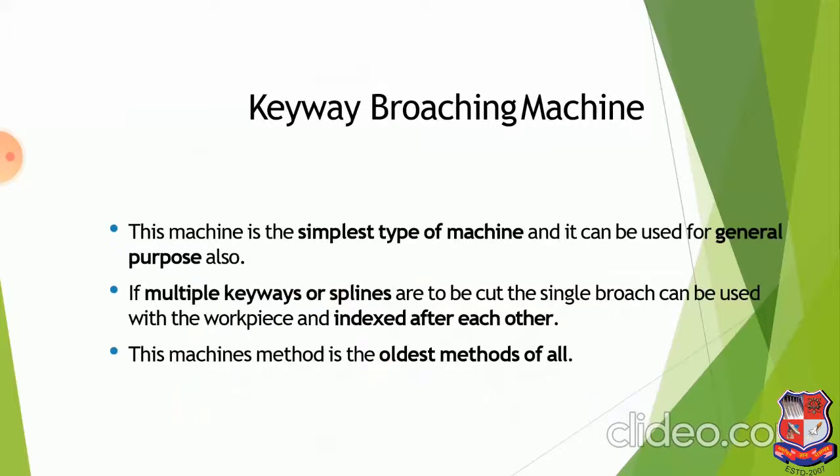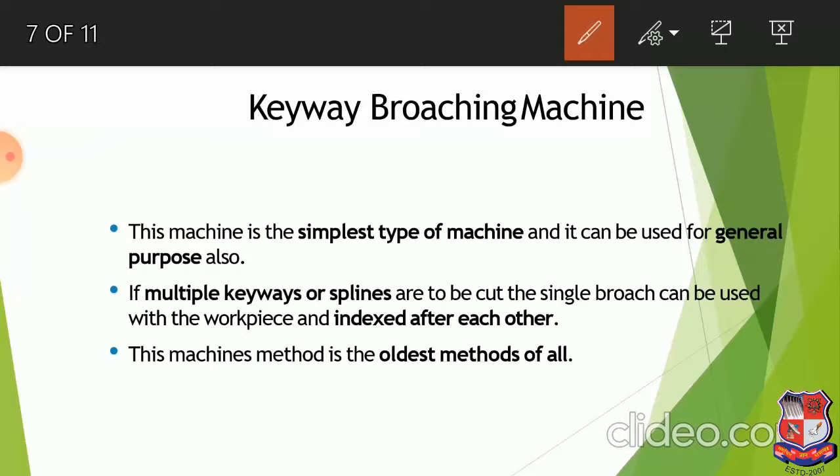Then we have a keyway broaching machine. Now this keyway broaching machine is specially used for keys, right? If you want to generate keyholes, then you can use this keyway broaching machine. Now what is a key? As you all know, we use a key and keyhole for engaging a shaft with a rotating component, right? There will be one shaft, and if you want to connect that shaft with a rotating component, then you need to make a keyhole and develop a key that will be fixed inside that keyhole, and you can rotate the whole assembly, right? So for that we will be using a keyway broaching machine.